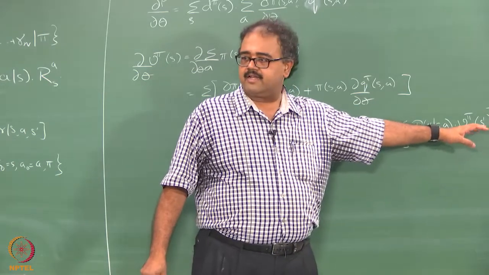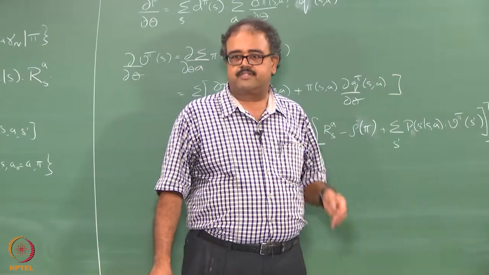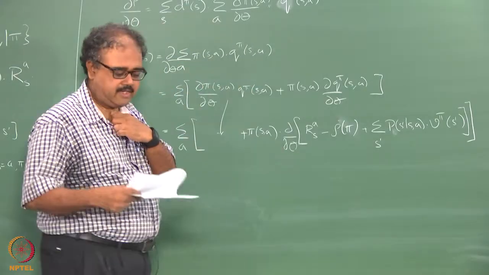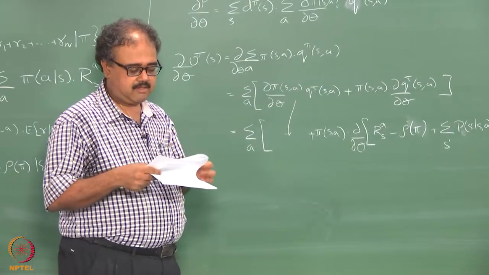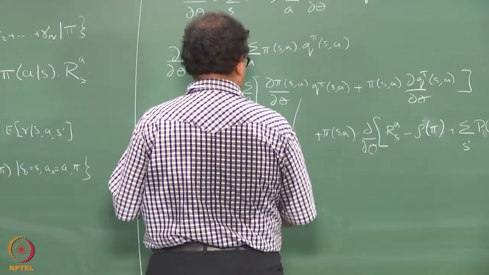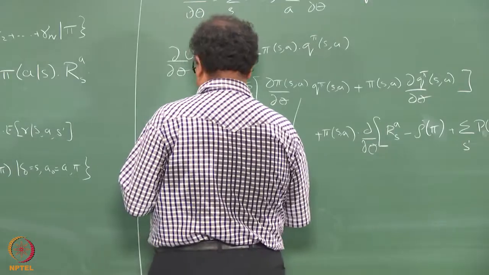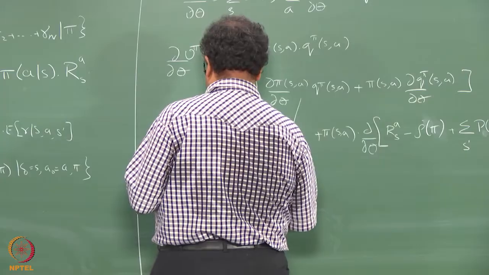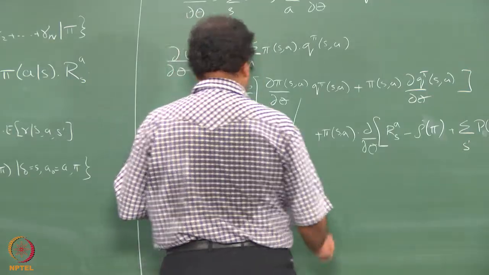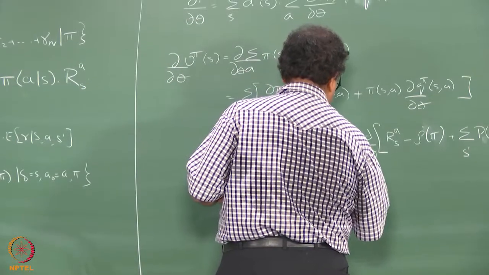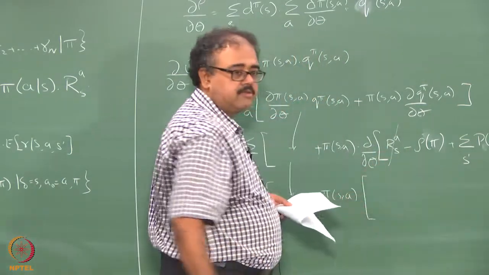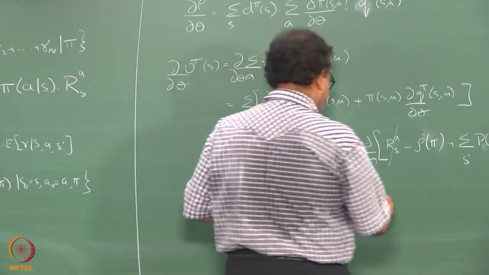Whatever follows later, I am writing it in terms of the value function, right. So this will go away because it does not depend on theta, right. So you will get minus